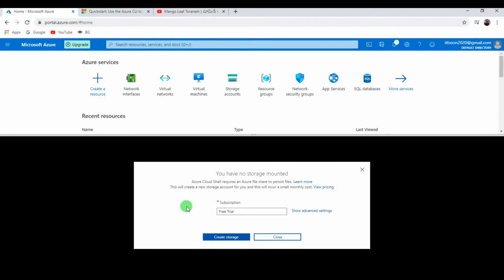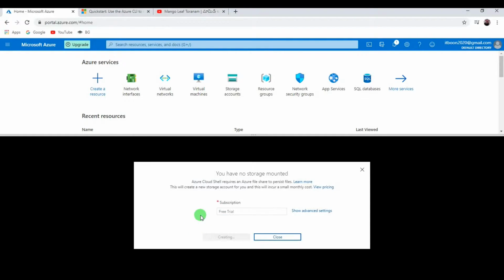For now, to access the cloud shell for the first time, it will ask us to create the storage for it. Let's go ahead and click on create storage. It is creating the storage for us in the background for the first use of cloud shell. When you access it from the second time onwards, this option won't come.